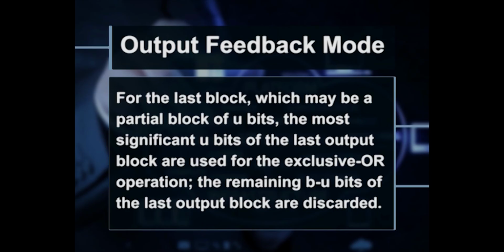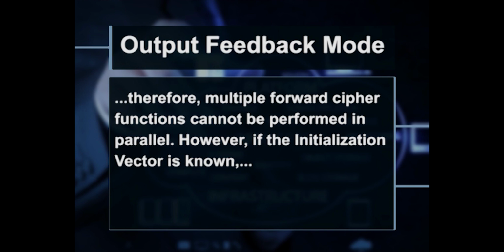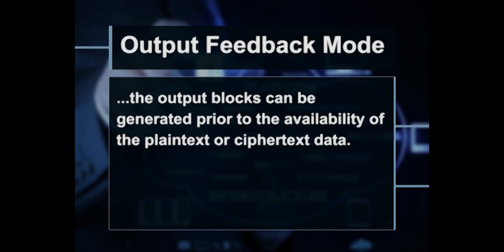For the last block, which may be a partial block of U bits, the most significant U bits of the last output block are used for the exclusive OR operation. The remaining B minus U bits of the last output block are discarded. In both OFB encryption and OFB decryption, each forward cipher function depends on the results of the previous forward cipher function. Therefore, multiple forward cipher functions cannot be performed in parallel. However, if the initialization vector is known, the output blocks can be generated prior to the availability of the plaintext